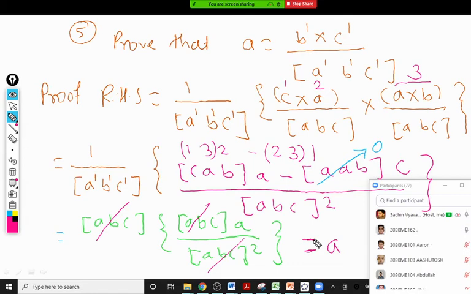Sir, if in the question the bar is not given, we shouldn't use that, right? Yes, suppose in the question they are not using a bar, and if you do the solution with a bar, it's correct. It's not like you are doing something wrong. You can use the final answer with bar or without bar. Both are correct. By default, in the reciprocal system, everything is considered as a vector.